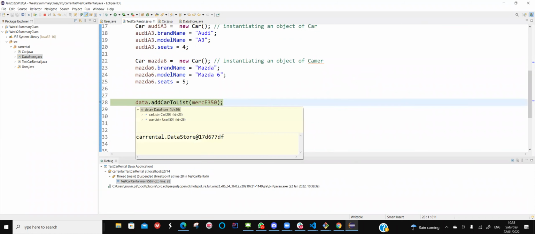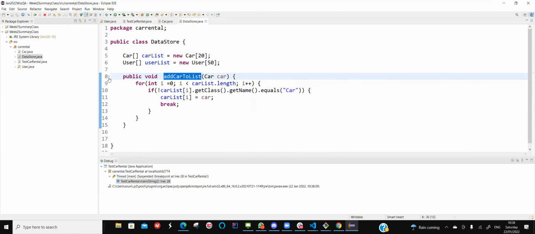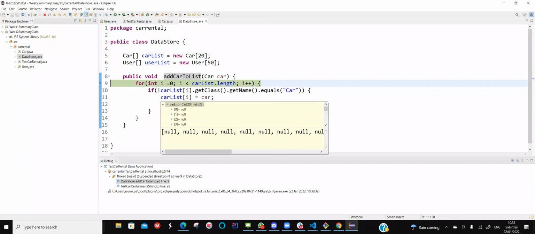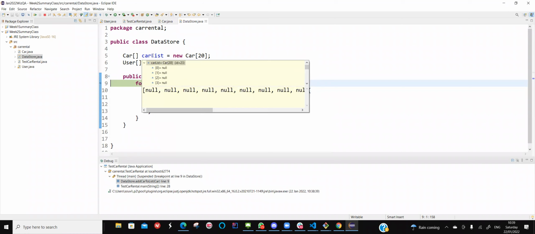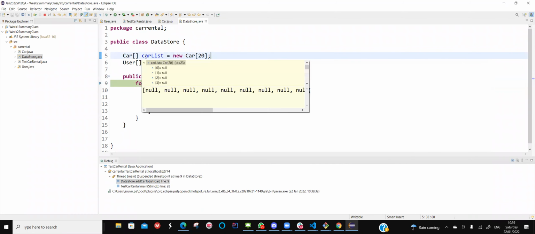So I'm now going to get inside this, and I'll show you what's happening. Put a breakpoint here, line number 9, and resume the execution. I'm in line number 9. Now at this stage, if you look into line number 5 and line number 6, you have a huge list of